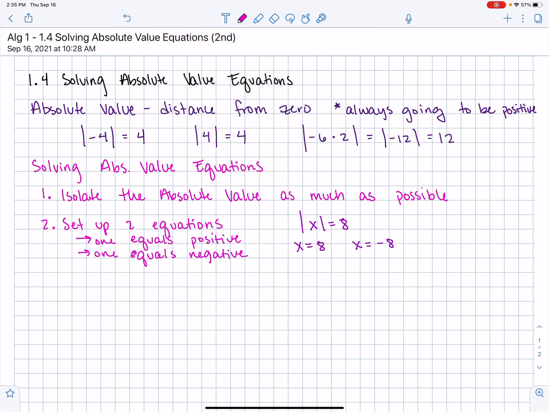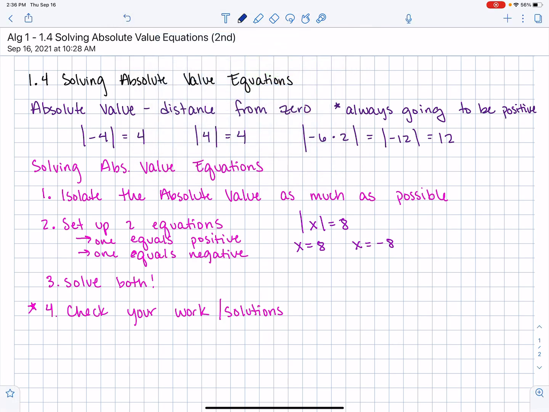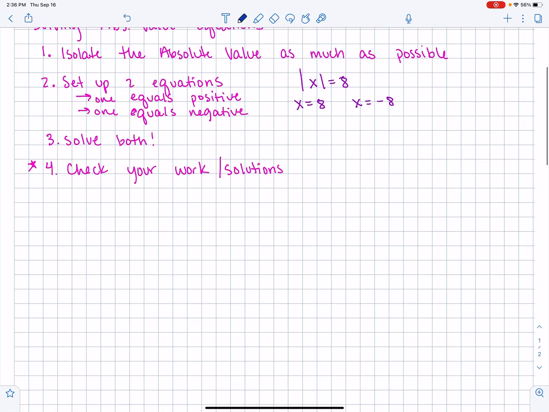So once you set up your two equations, we're then going to solve them. So make sure that you're solving both your equations. And then the really important step, and go ahead and put a little star next to it, is that you need to check your work. And particularly when your x is outside your absolute value. So check your solutions to make sure that they work with your equation. We're going to work with the meaty steps here, then we'll check on the bottom. So example 1,